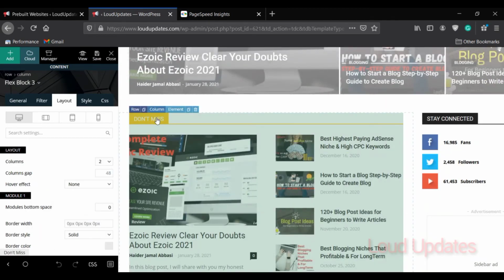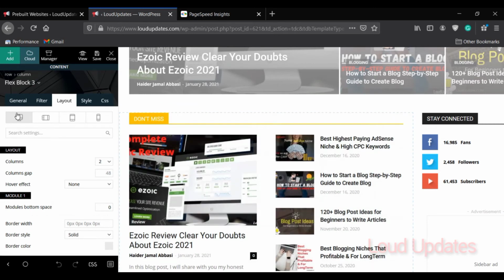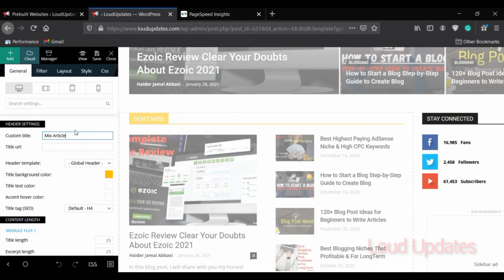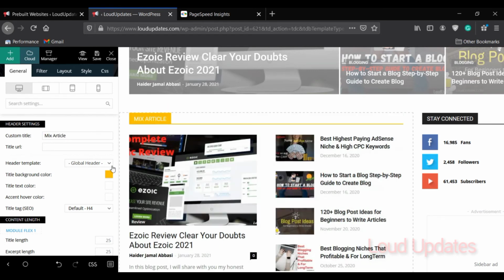So here you can see the next step is, if you want to delete this section, you can also delete it. If you want to change this text, like the don't miss section, just change it. I am just writing mix article. Here you can see it is updating, and it is just updated.